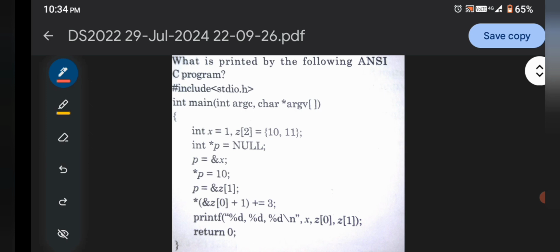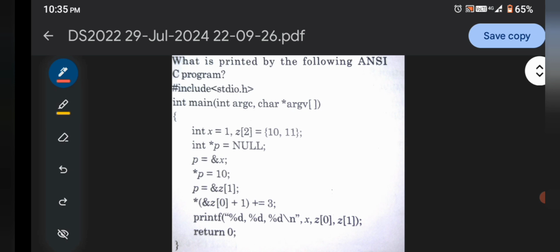If you have already seen the recent 2023 and 2024 PYQ, this type of question you will find again. This type of question was asked in GATE 2024 set 2. In that set the program is different, not exactly similar, but the concept of both programs is similar. Okay, now move on to the explanation of this program.